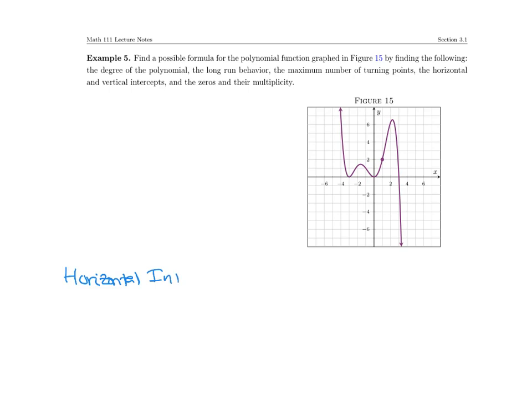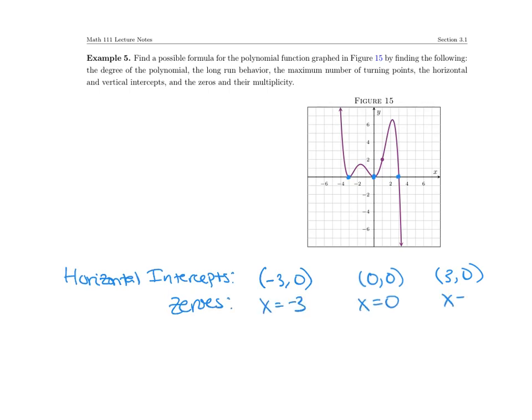For our horizontal intercepts, again, I see we have 3 of them here, here, and here. So we have 1 at -3, 0, again at 0, 0, and at 3, 0. So when I write out my zeros, it's going to be x is equal to -3, x is equal to 0, and x is equal to +3. Now when I look at the multiplicities here,